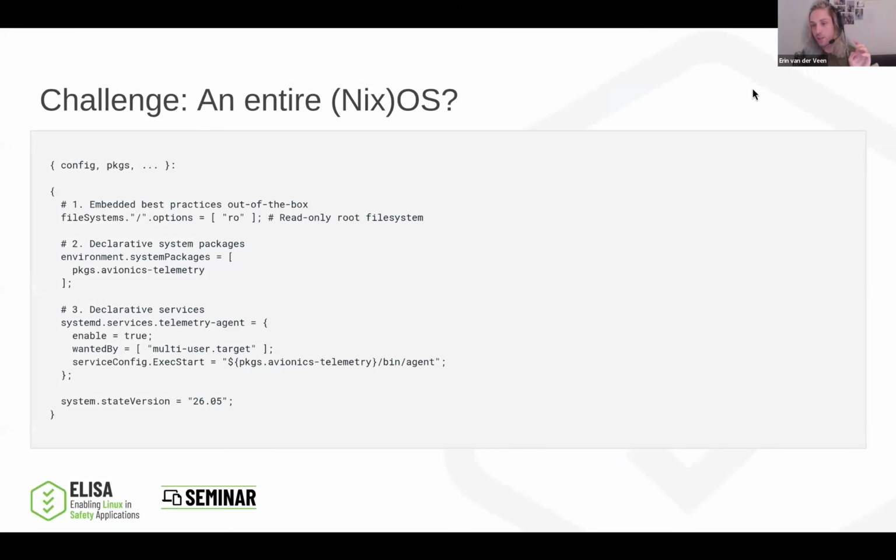I'm going to leave this slide because I don't think it's very important to understand, but this is kind of what a NixOS system looks like, where you define the file system, you define all the packages that are available, and you can even define systemd services and things like that. But I'm going to skip this. I think actually it makes sense to go into this in some detail.